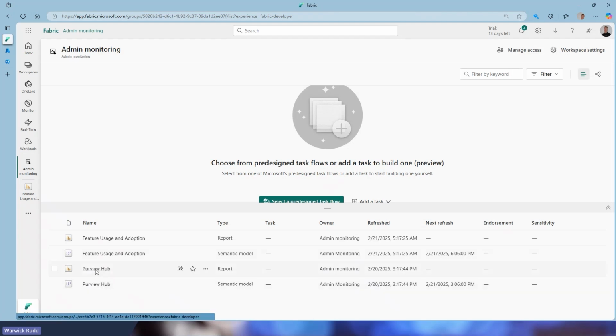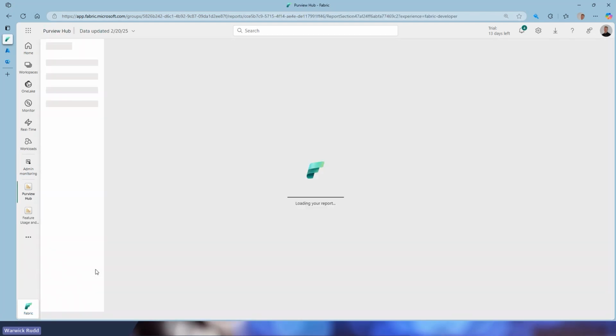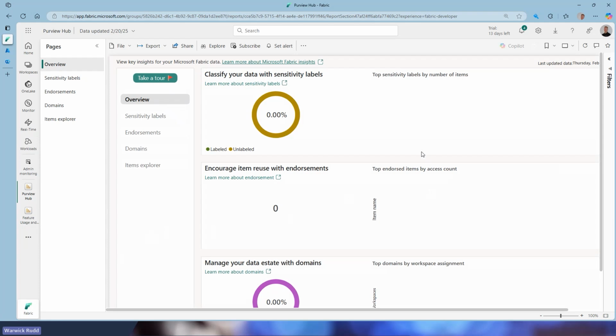Now, we spoke about Purview, and this is just a quick jump into it to show you. I haven't set anything up. I haven't set up any sensitivity labels, endorsements, and we haven't scanned any of our workloads, okay? But this gives you that high level as to what is going on in that. If we were to come back to our